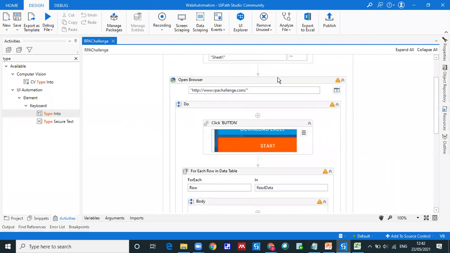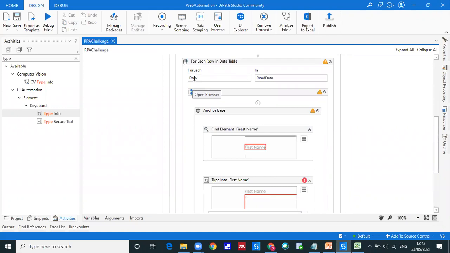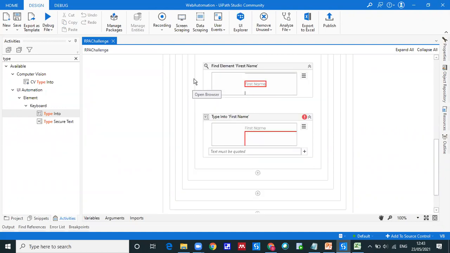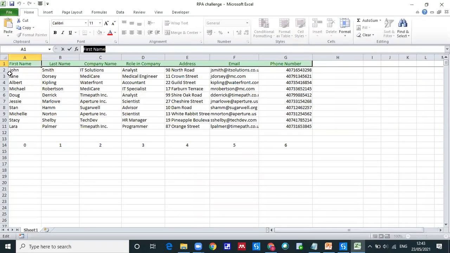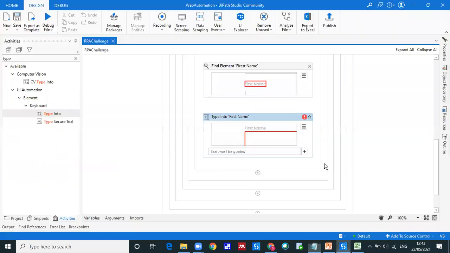We are writing the data from this Excel file. Where is that? It is there in row, but row contains all the column data, right? This variable contains all the column data. So how can I exactly fetch the first name? Using the column index or the column name. I already told you this. By this logic, we can access that data. So I will just use row of 0. It's a better way.